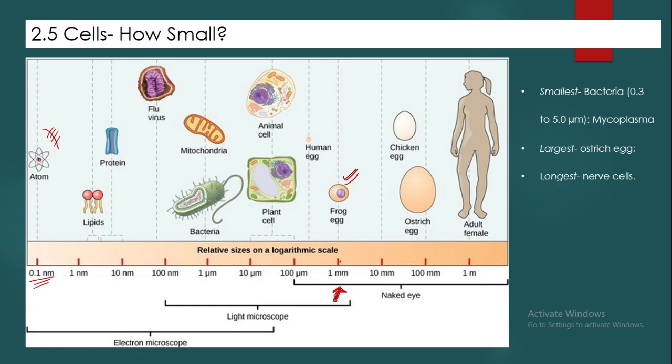But as we go further, things become very difficult to observe. We need a special apparatus, that is the microscope. All of these will come under the compound microscope up to bacteria and maybe sometimes mitochondria, but we cannot be sure. That is the margin. Viruses, we need an electron microscope. Only with an electron microscope can we see the viruses.